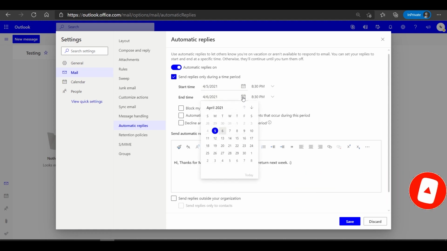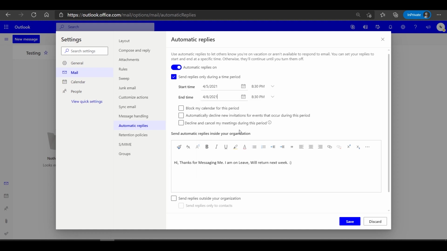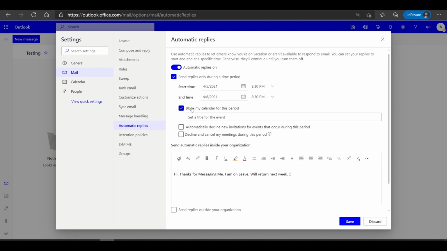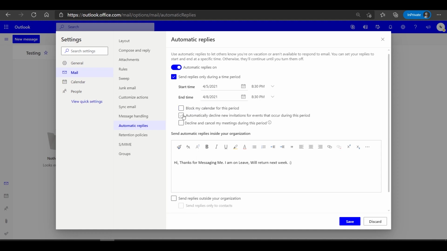As I said, if you want to send it for more than one or two days, we need to enable this. And you have options: block my calendar for this period, so you can block your calendar and automatically decline new invitations, and you can decline and cancel any meetings during this period. We have these three options. You can enable any and click on Save.